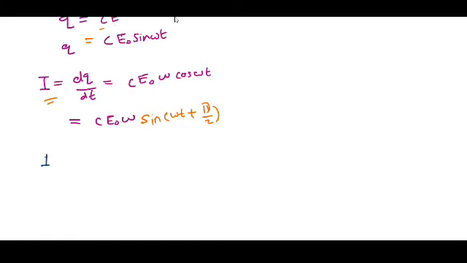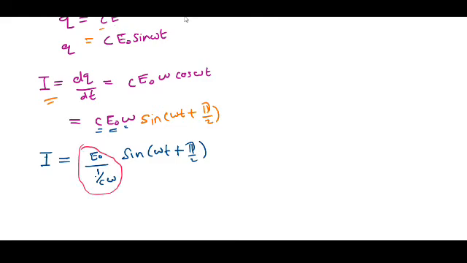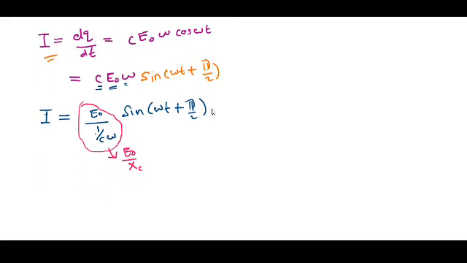Therefore this I is equal to, if I write these three terms in this fashion, E0 by 1 by C omega into sine omega t plus pi by 2. My intention is I can write this term as E0 by, numerator same as it is E0, denominator 1 by C omega. I can write this as the resistance offered by the capacitance, that is XC. For that, this I is equal to E0 by XC into sine omega t plus pi by 2,